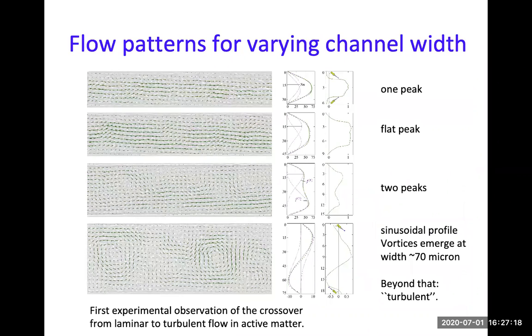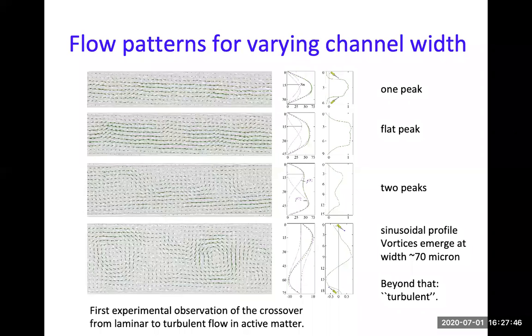So if the racetrack, the channel, is very narrow, you will see this streaming flow, kind of one peak plus a lag flow. And the bacteria in the edges have their flagella pointed in the middle, right? So they are kind of cooperating that way. And then as you increase the channel width, you start to get a more irregular kind of peak, which breaks down into two or more peaks.